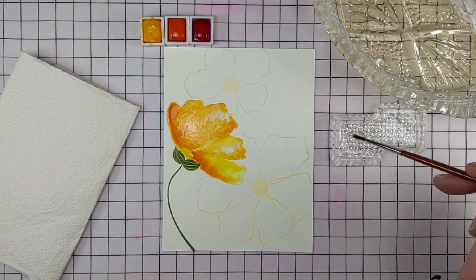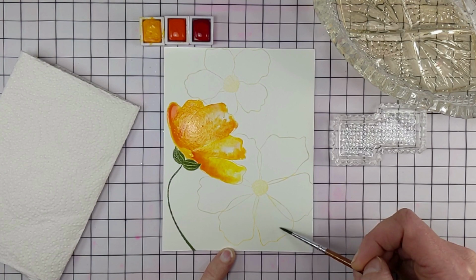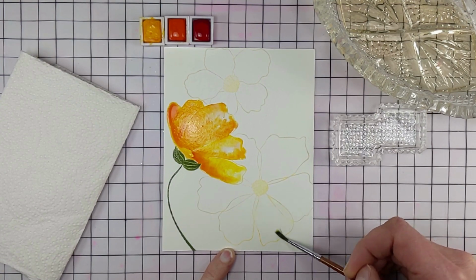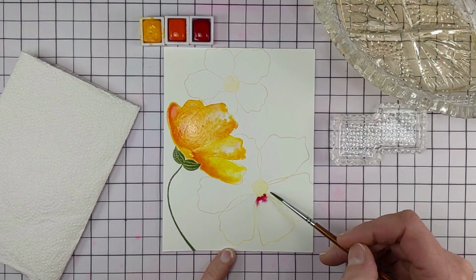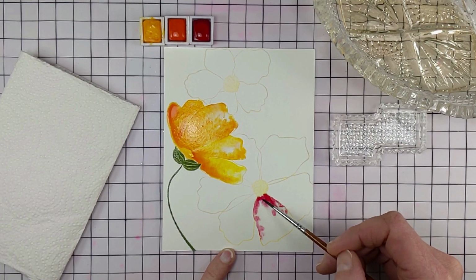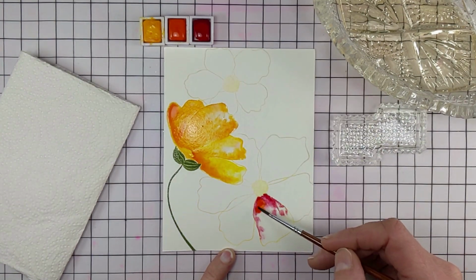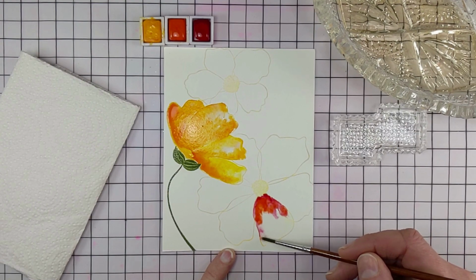Next, I decided let's do wet on wet. So I cleaned my brush off, dipped into that clear water, grabbed some of the Red Cosmos, and then dropped it in there just to watch it move. Grabbed a little bit of the Warm and Cozy,